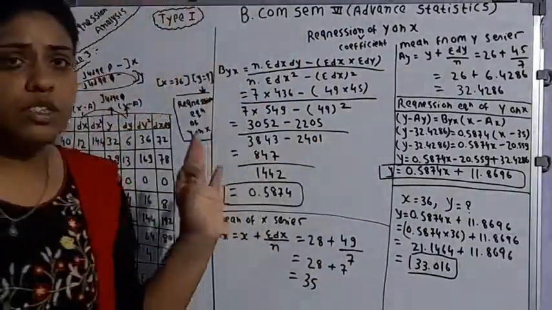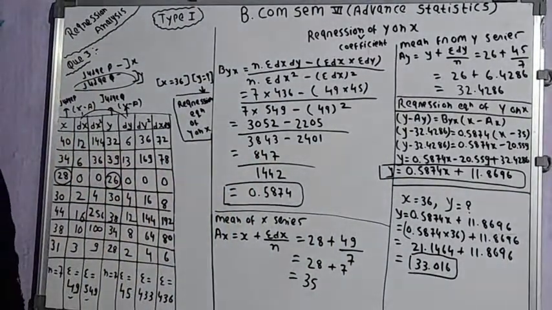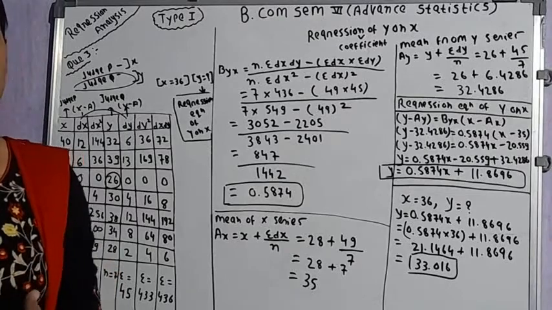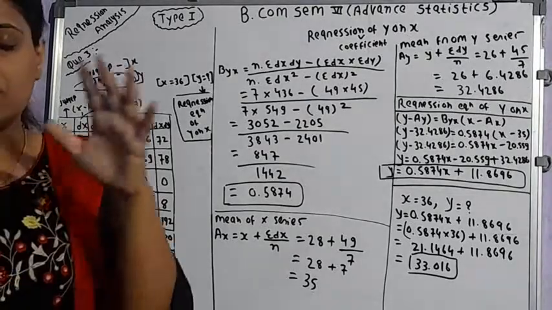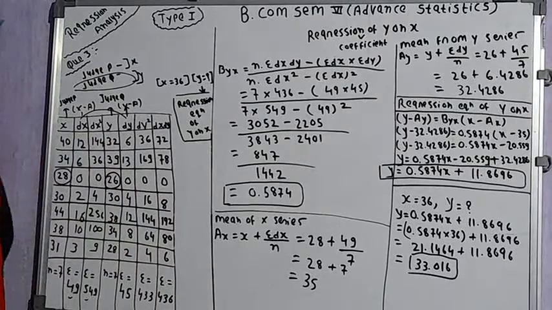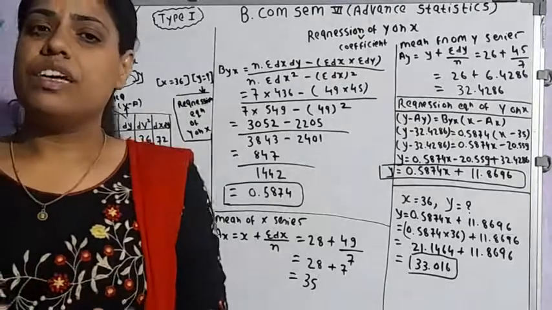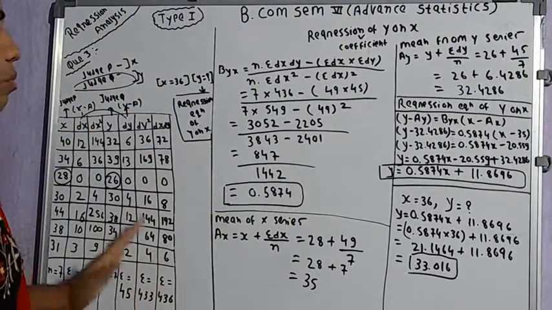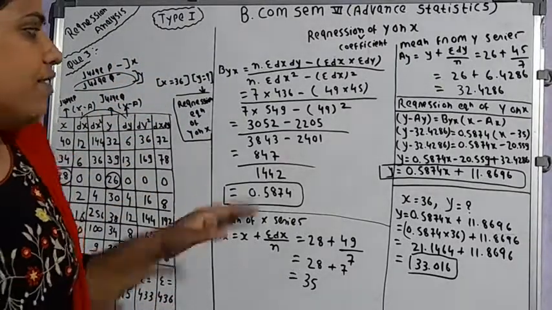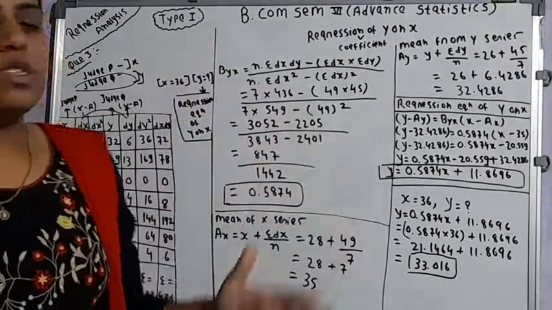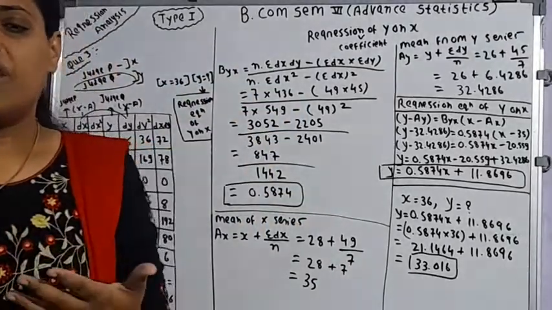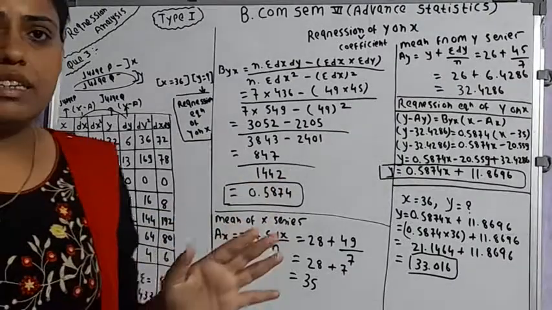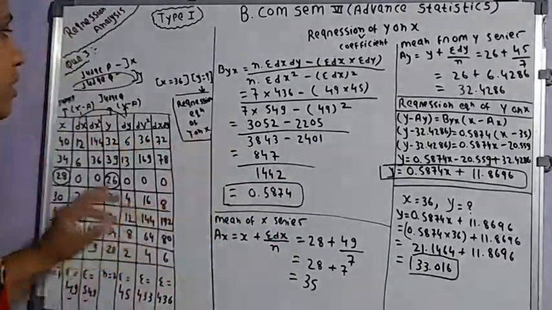We have solved this numerical. What did we do? Firstly, we read the problem and tried to interpret it. Then we saw what things were given and what things we have to determine. We prepared the preparation chart, and with the help of that chart we proceeded further, and finally we found our answers and interpreted them. So this way we have completed this problem.